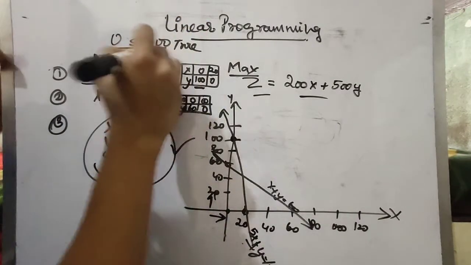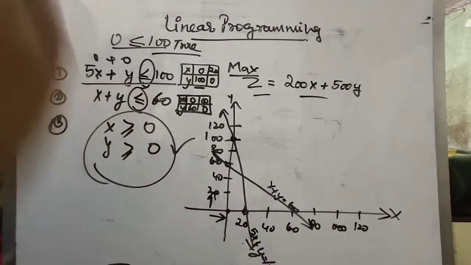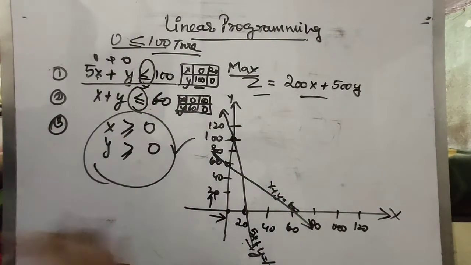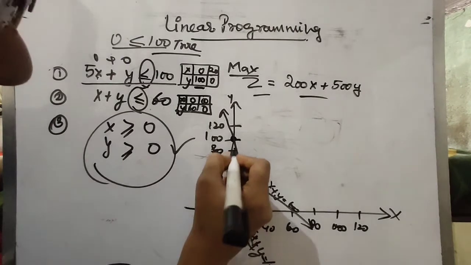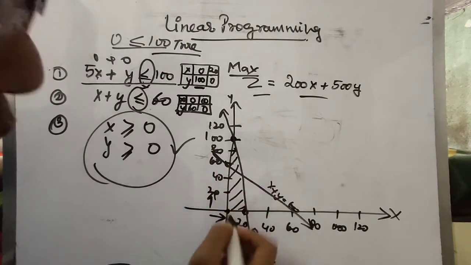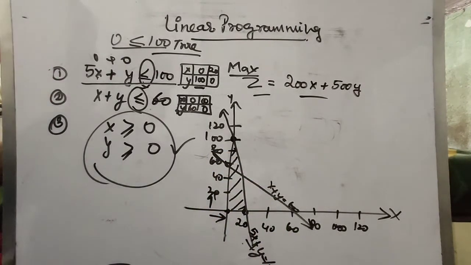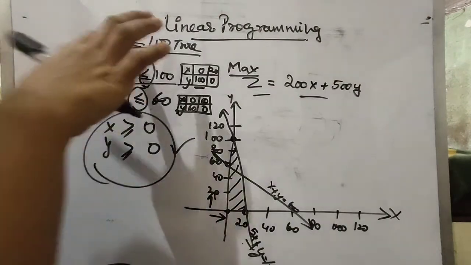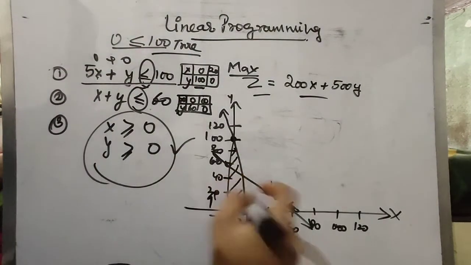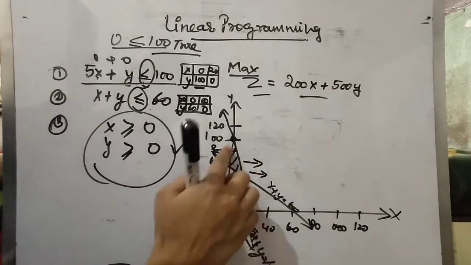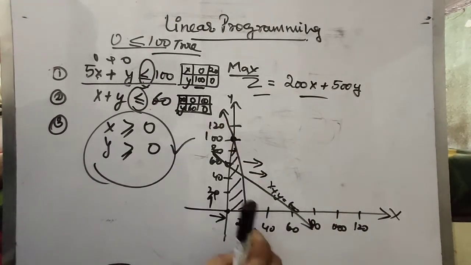So what I'll do is shade the region that satisfies this point, that is this one. My shaded region will be towards the (0, 0) point. But if my statement had been false, that is, if the (0, 0) point would not have been less than 100, then I would have shaded the other side of the line.